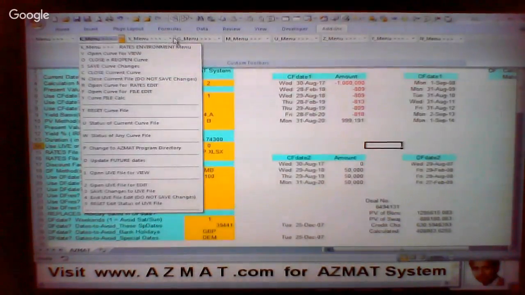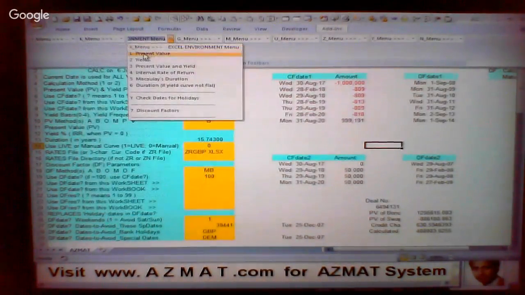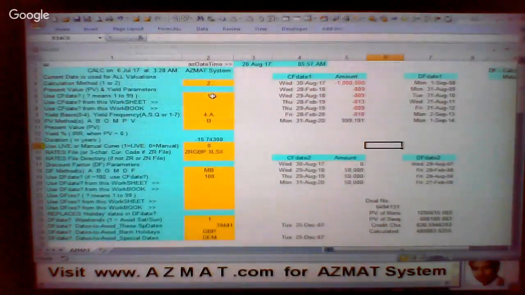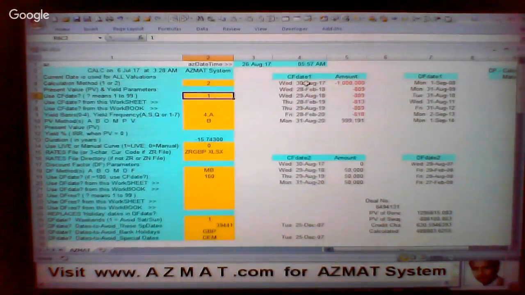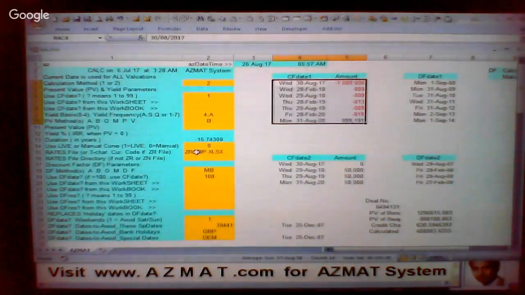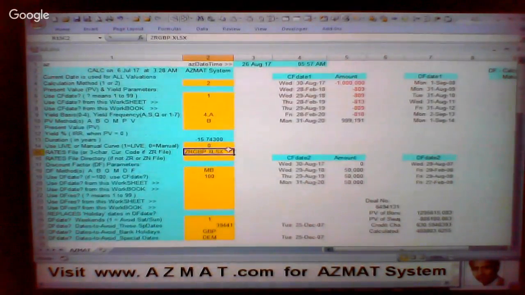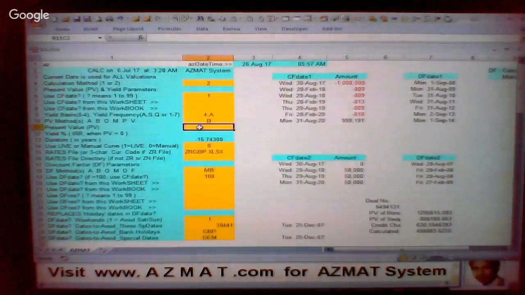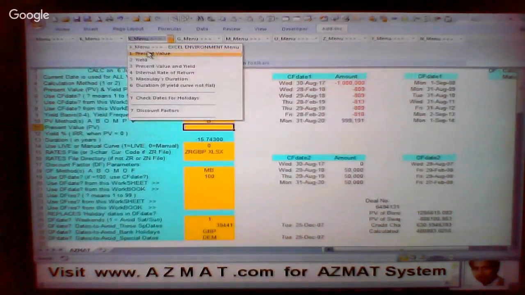Okay, so we will go back to the X menu here. If I use present value there, it will calculate the present value using the ZRGBP curve file, using cash flow date 1, because I had 1 here behind 1 there, CF date 1. So use those cash flows, use this curve, and enter the result in here. That's if I use the present value from the menu. But if I